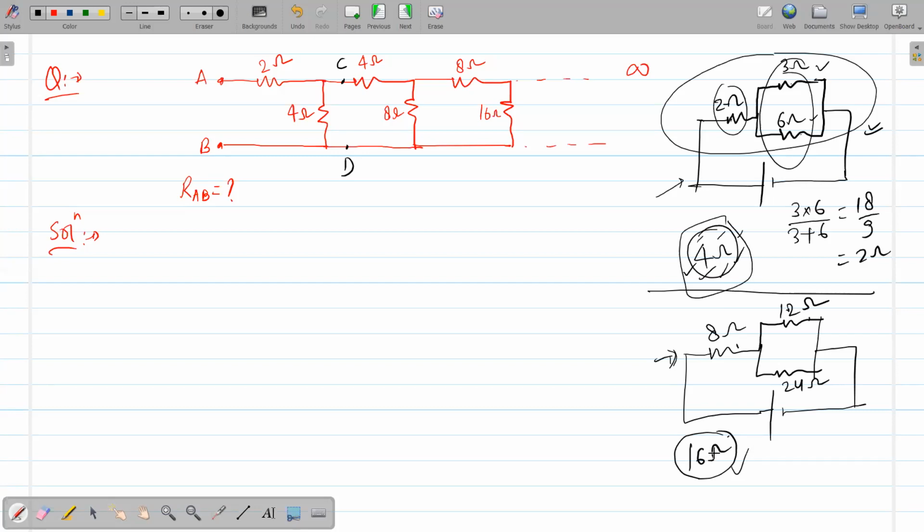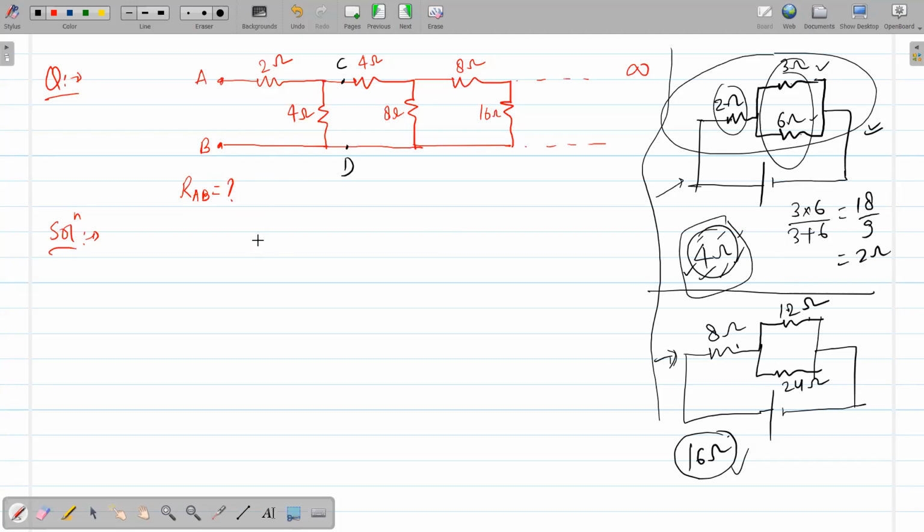Are you getting this? Everyone tell me. If you multiply each resistance of any network by the same factor, then the R equivalent also gets multiplied by that same factor. That's great. You all have got it. Perfect. Now let me use the same concept here.